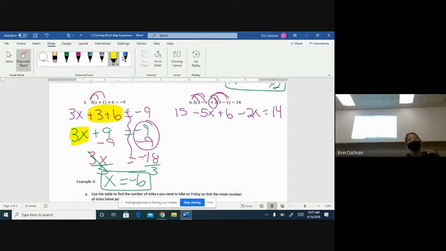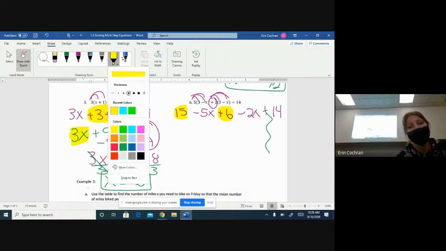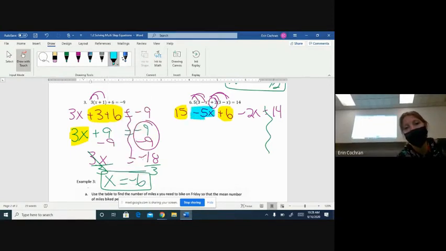All right, now I'm going to draw my line here. Do we have like terms on the same side? Yeah, what do we see on the same side here? I see a 15 and a positive 6. And I see a negative 5x and a negative 2x. So since they're on the same side, we're going to just combine them like we normally do. So let's do the constants, the yellow here. 15 plus 6 is